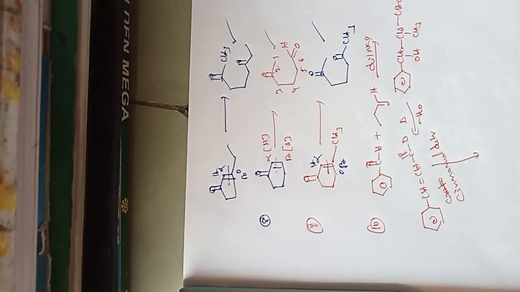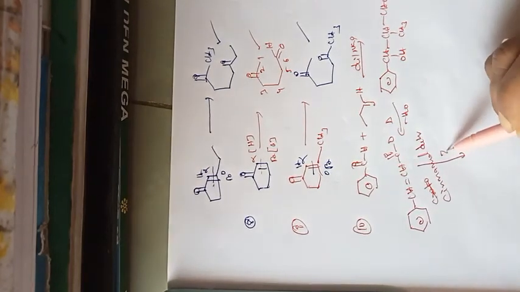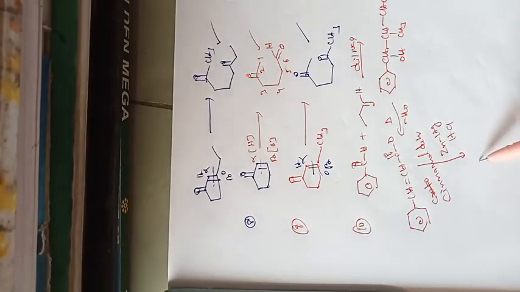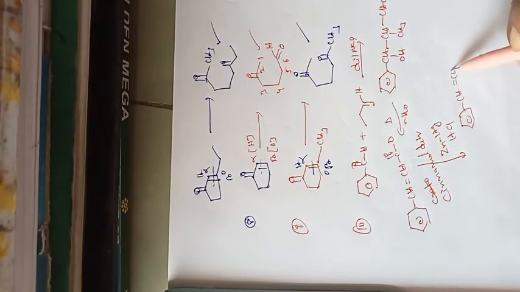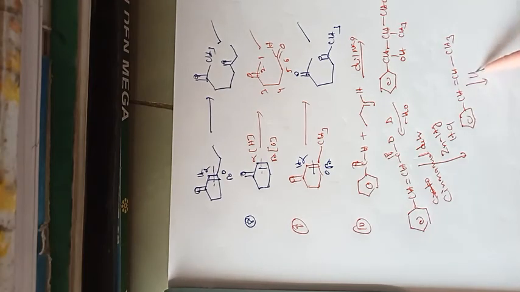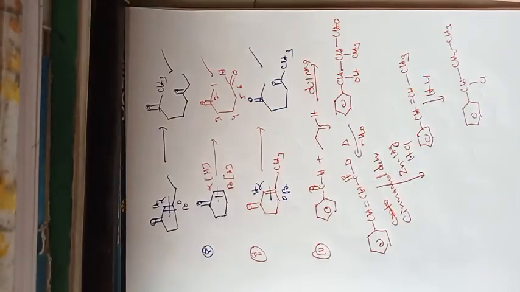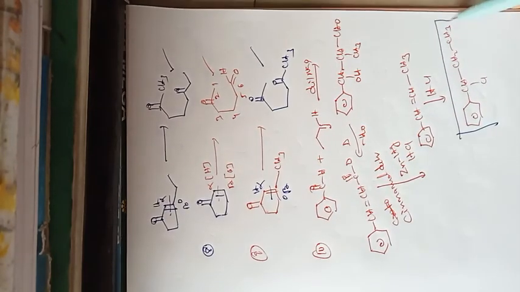So for this cinnamaldehyde, reduction using zinc amalgam and HCl. So what is the product here? Only the carbonyl compound becomes CH3, and on further reaction with HCl, what will form? Electrophilic addition reaction, CH2 and CH3. So different functional groups you can easily see here, this is the product here.